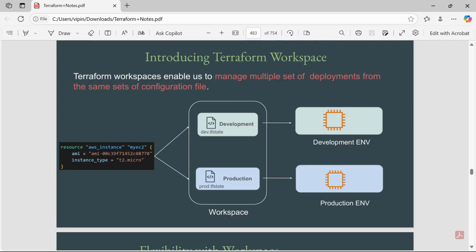Suppose in dev you want T2.micro and in production you want T2.medium. You can manage it using a single Terraform configuration file with the workspace feature, and separate both environments, dev and prod. Both will have their own tfstate file, and they are not going to interconnect with each other.